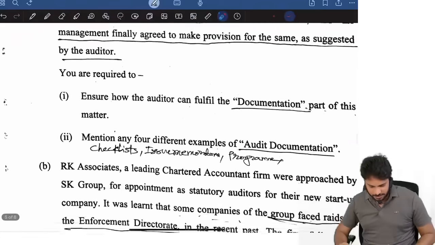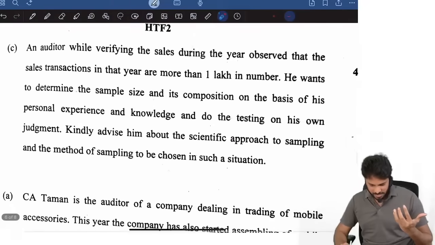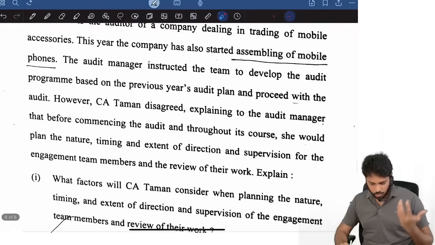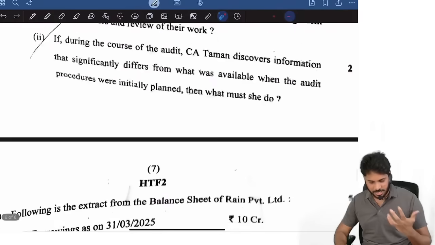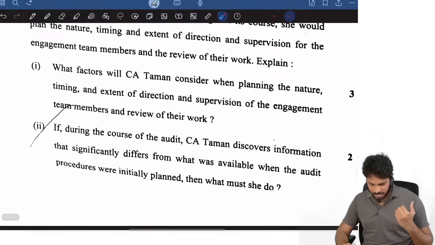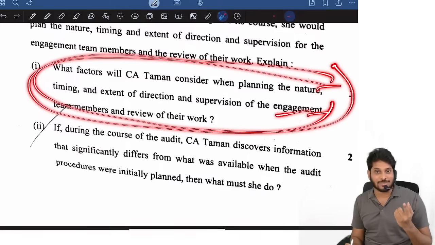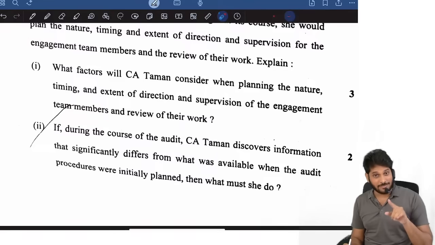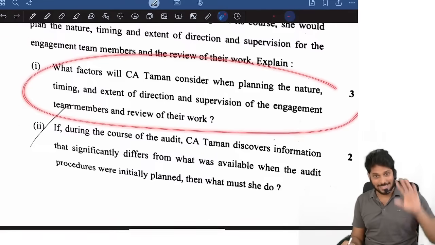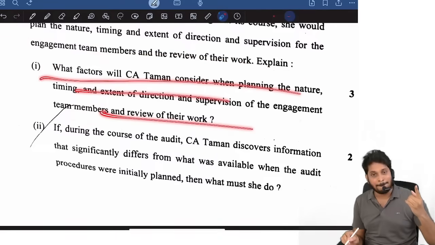I think the descriptive paper is not a big deal technically, because all are pretty straight questions. For this question, MCQ is there as well as descriptive. In MCQ also it was there: which of the following is not a factor for review. They gave the MCQ answer, and that same answer you can write here.